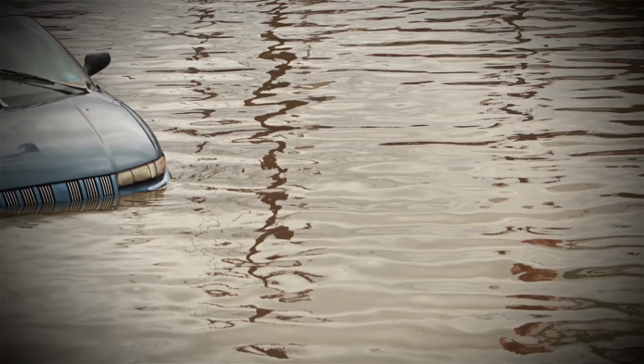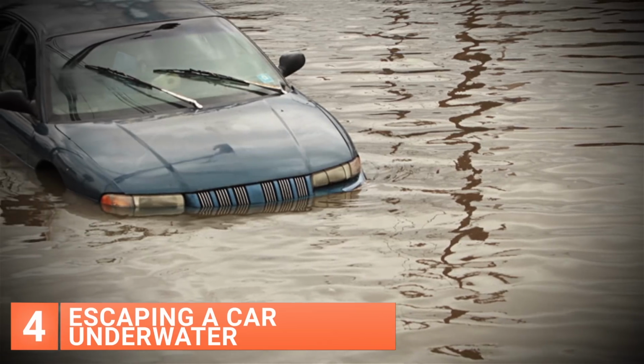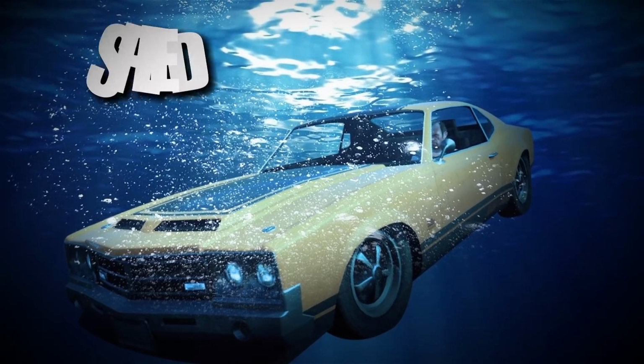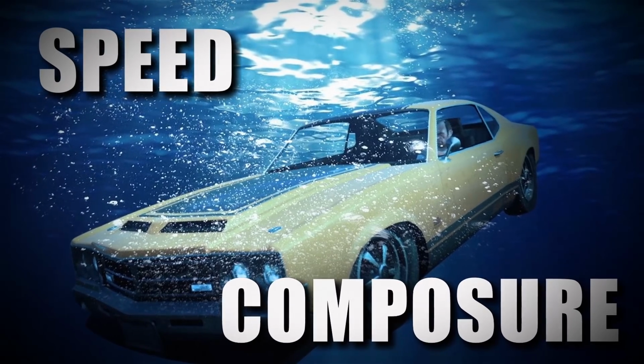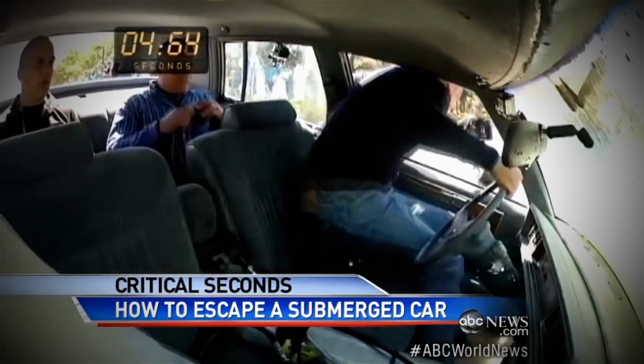If you are ever in the unfortunate predicament where your car is slowly sinking in deep water and you are trapped inside, don't panic. The key to escaping is speed and composure. 30 to 60 seconds is usually the time period you must get out of your vehicle before it fully submerges